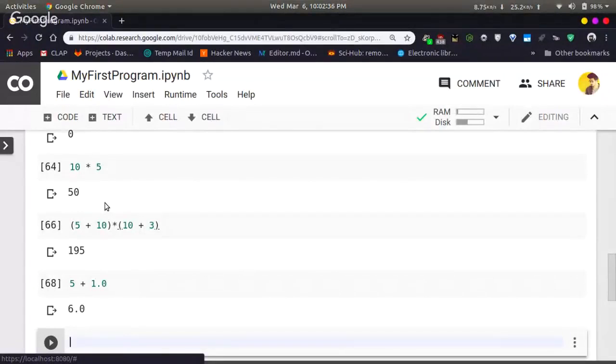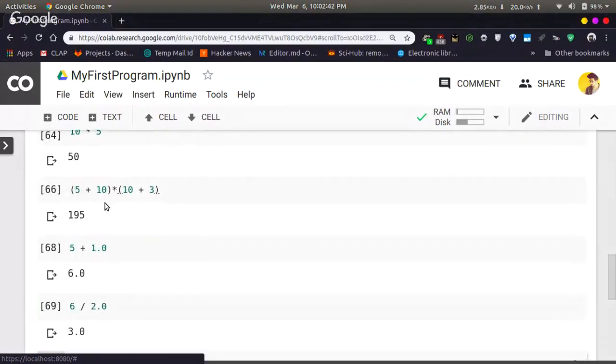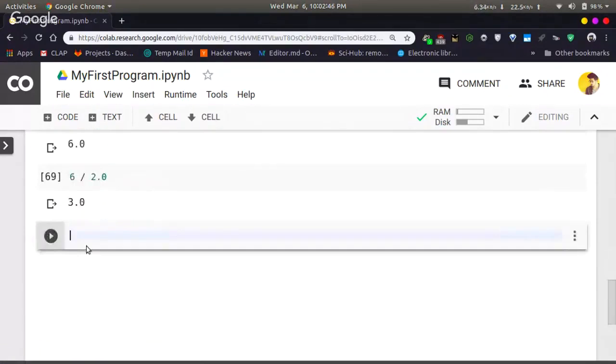Division, multiplication, you can see 6 divided by 2.0 will give you the same result. You can actually perform it like this: 6 divided by 2. Now Python will not make you do type conversions here. This is the beauty of Python. It tries to reduce the effort from the user side in converting one type to another.